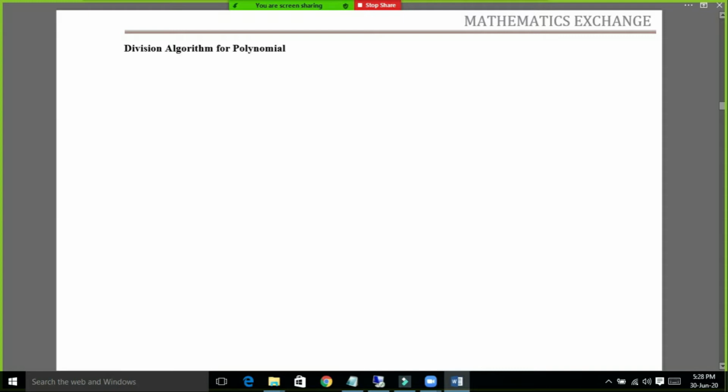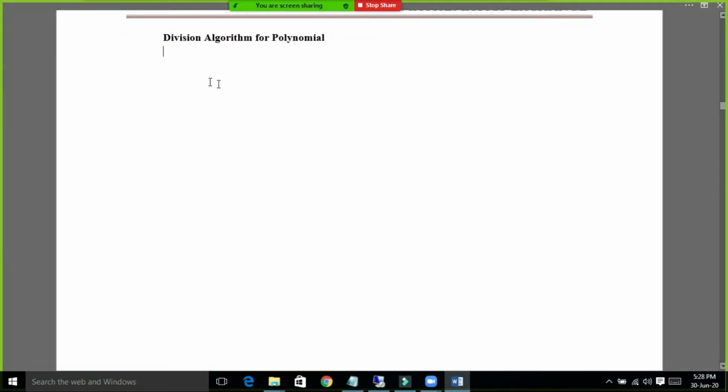This is part 6 of polynomial. Today we see the division algorithm for polynomials. This is the last topic of this lesson. Now we already know about the division algorithm. So if p of x and g of x are any two polynomials,